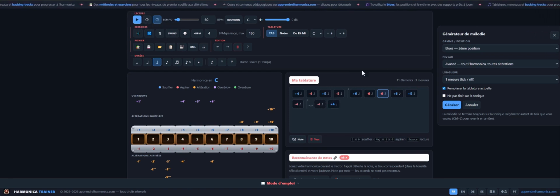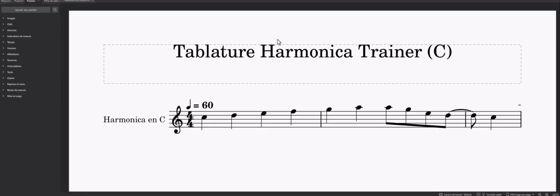And of course, I can export my tablature in MuseScore format, so XML. I click on it. The tablature will automatically be sent to my Downloads folder. I click on it. And when I click on my Downloads folder in the file that was sent to me, I can open it in MuseScore. It opens in another window, so I'll show you what opened here. There you go. And if I play it in MuseScore,